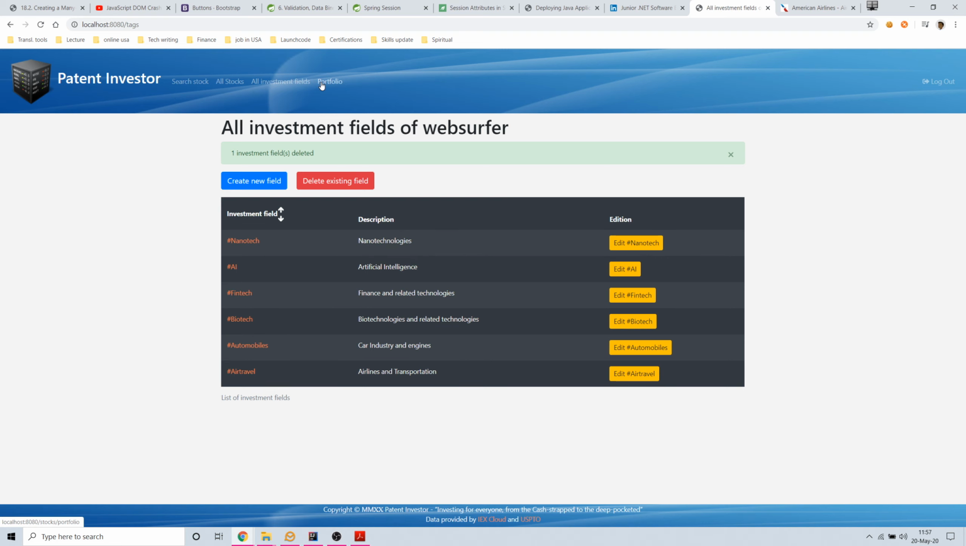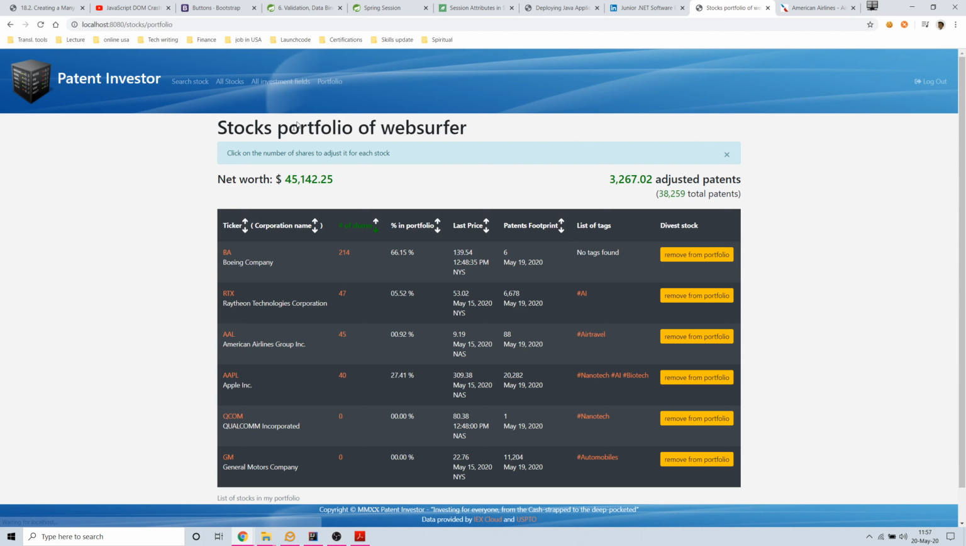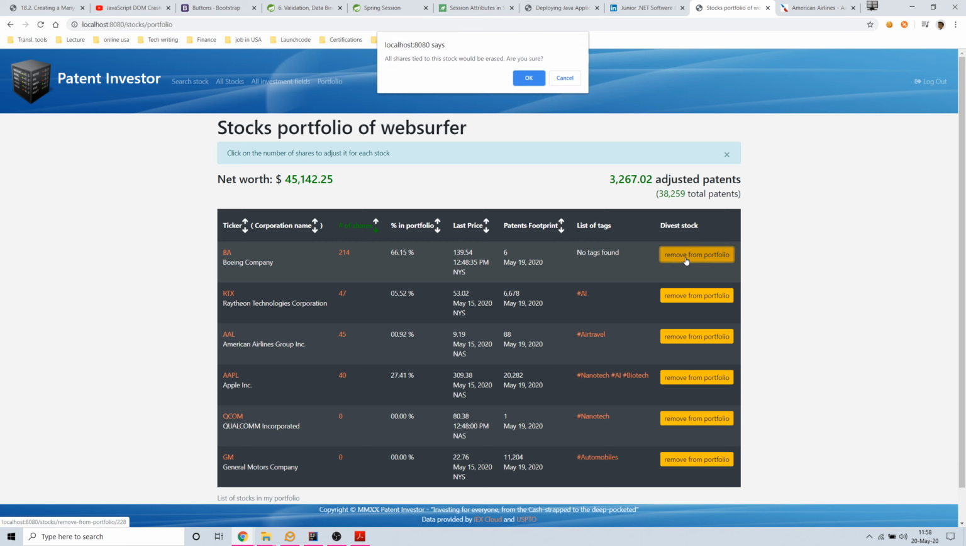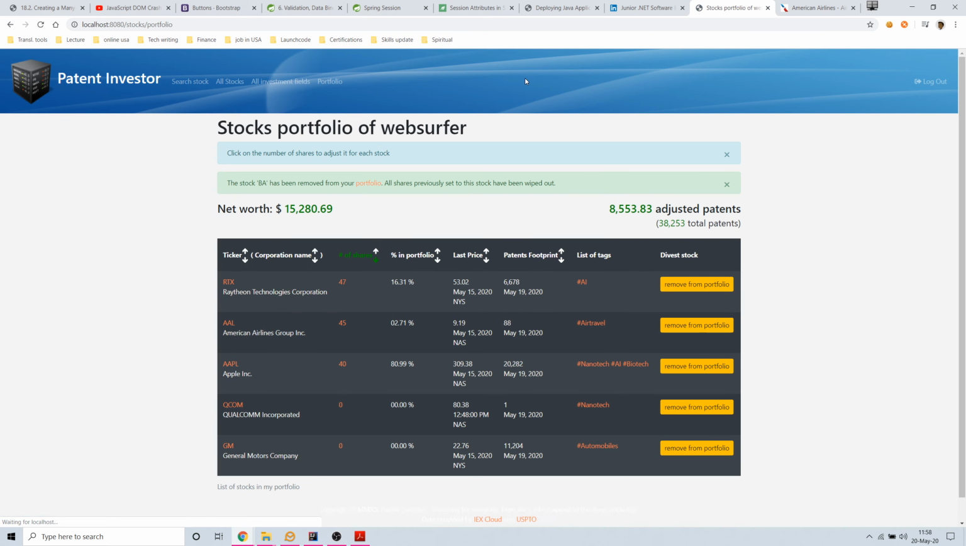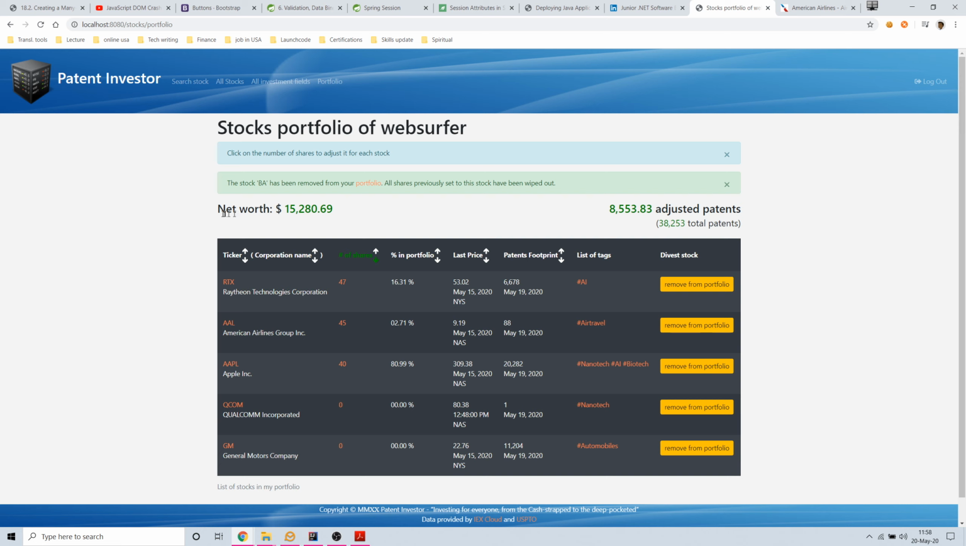And we move back to our portfolio where we can now remove the stock Boeing from our portfolio. Let's remove it if you want. It says, are you sure? Okay, yeah, notice that our net worth has been adjusted, and the adjusted patterns we see here is actually